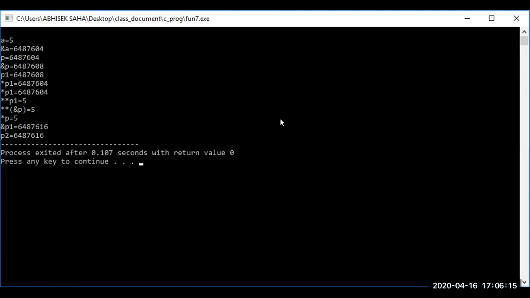P2 is the pointer variable which is storing the address of P1. What is that value? 6487616. In 6487616, how much value is stored? Value of P1. How much value is it? 6487608. So if you print the value of star P2, you will get